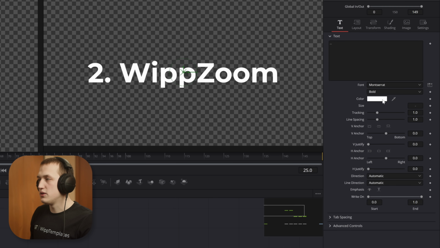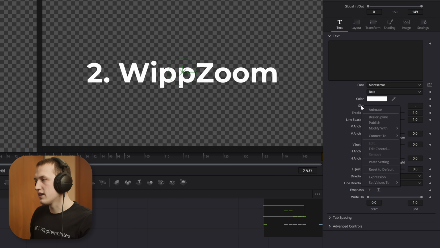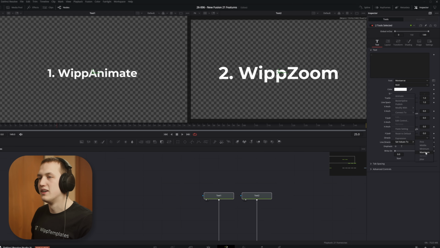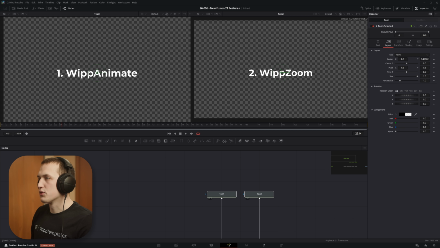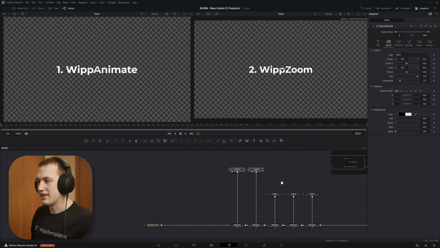Going back to the text, we can do the same thing on the size control. If we right click, we can come down to Set Values to, and maybe we'll do the maximum. So that way they're all the size of the biggest node that we have selected. So when I do that, you can see whip animate is going to match the size of whip zoom. Now I'm going to set both of these controls back to their default option,